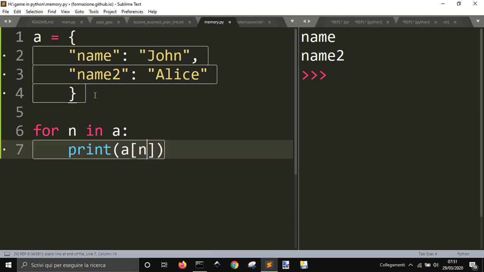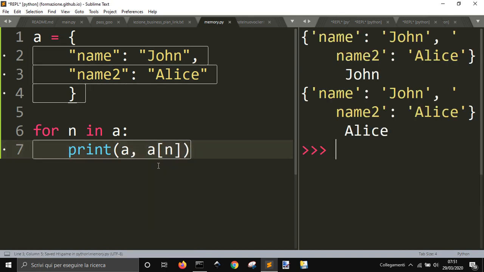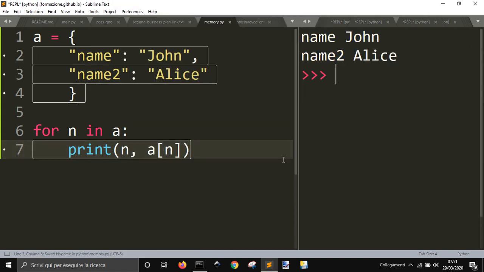That means that you take this key that has this inside, and it will give you the value, that is John and Alice. Okay, so you can do a comma, sorry, and comma, and you have name John, name Alice. Okay, so you can do so, and then if you want, you could also